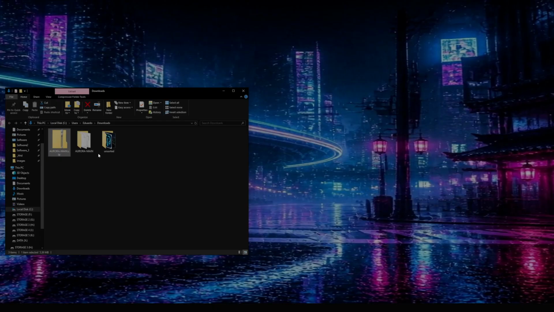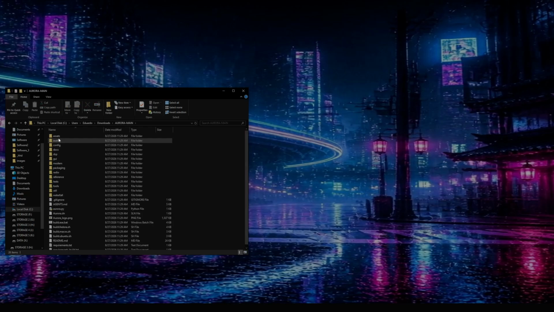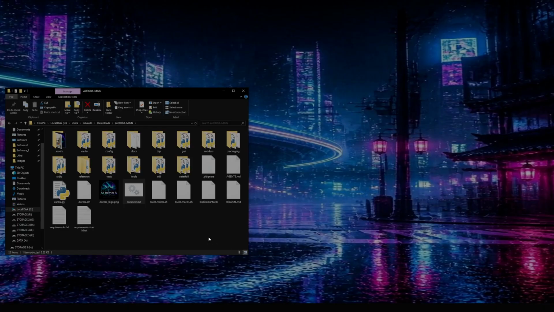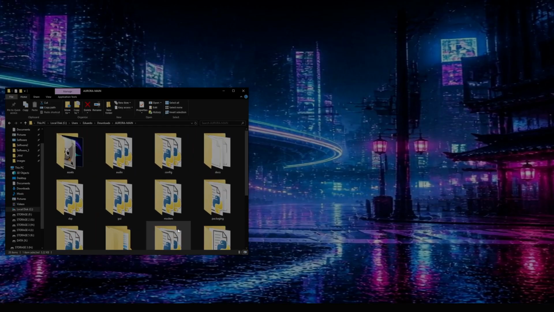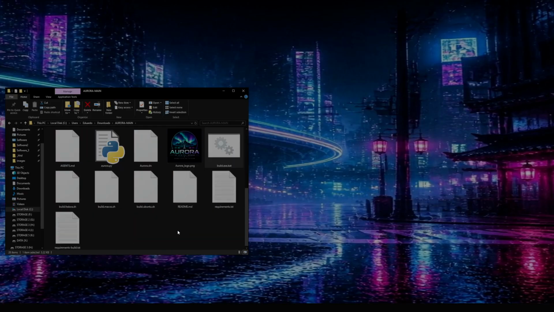So once that's done, you can go ahead and delete the zip file, and you go inside the Aurora main folder that just got extracted, and you want to find the build exe bat file, which is this one here. Let me see if I can make it bigger. It's this one here, okay, build.exe.bat.